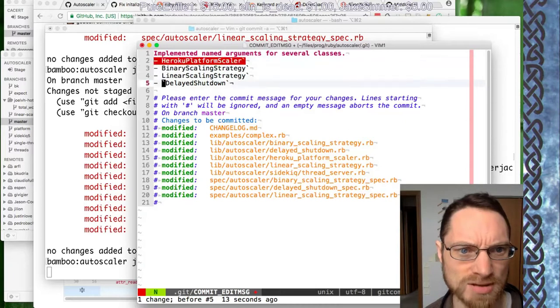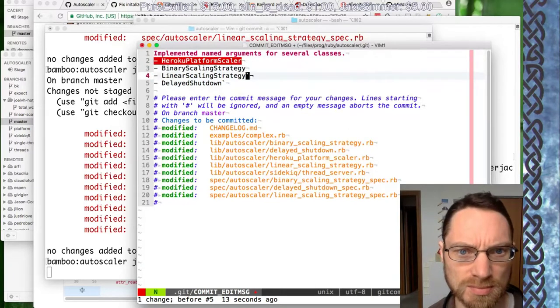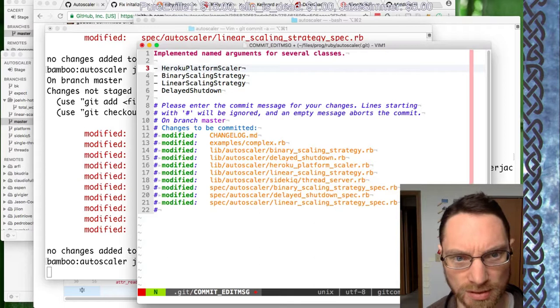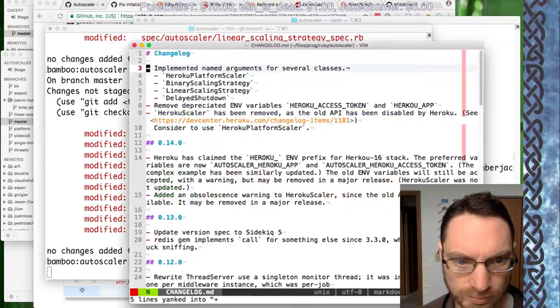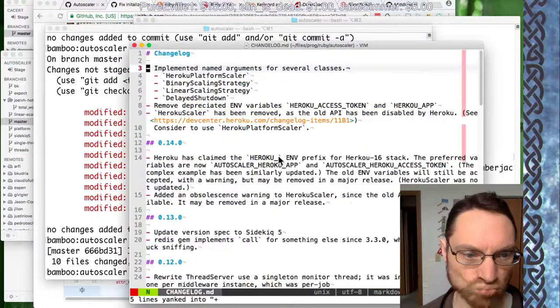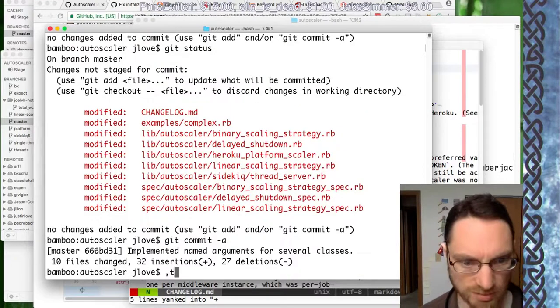I mean, I guess I could see the backticks maybe? Oh, because they want a blank line. Okay. So actually what I should have done there is